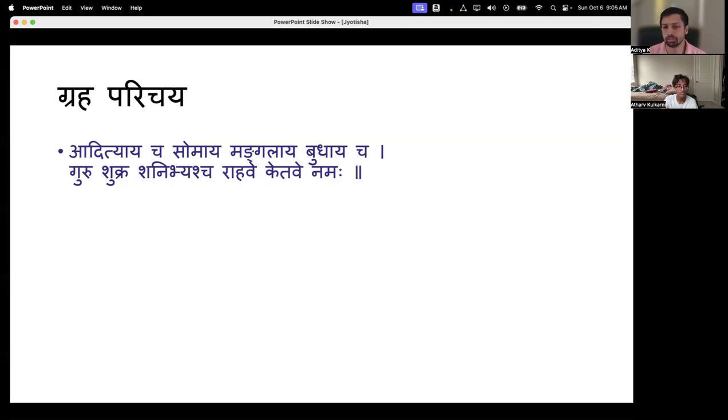This is a sloka that we are supposed to recite every day in the morning. Like I said in my very first class, the grahas are not just physical orbs in space. They are actual entities, actual devatas that can have a beneficial or a not so beneficial effect on us depending on our previous karma. The ancients have given us this sloka and said that if you recite this every day morning, it is beneficial for you, in that you will gain a relationship with the grahas themselves, with the grahadipatis themselves.